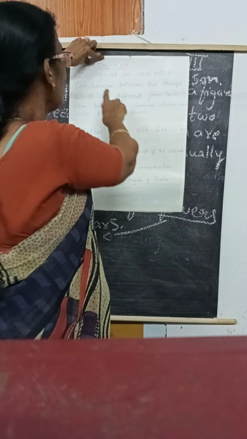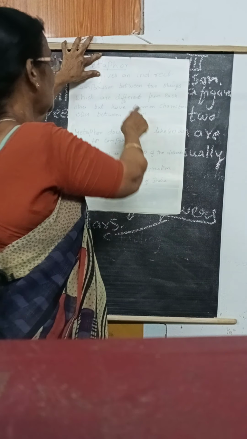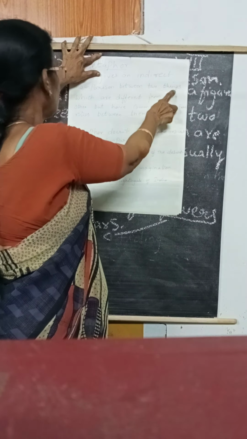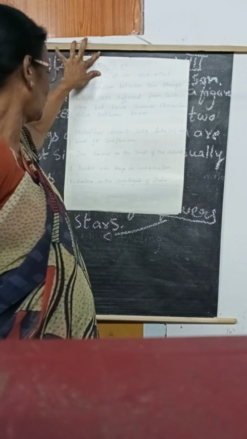Once again I'll read. Metaphor gives an indirect comparison between two things which are different from each other but have a common characteristic. Though they are different, they give the same characteristics between them. That is known as the metaphor. For example,